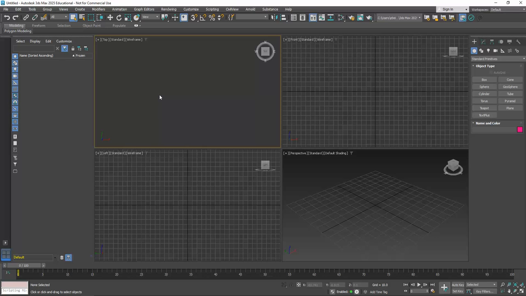Because what I do when I model is I typically model somewhere else, and I export my model to 3D Max, right? If I wanted to use the grid, what is the grid typically used for? To make